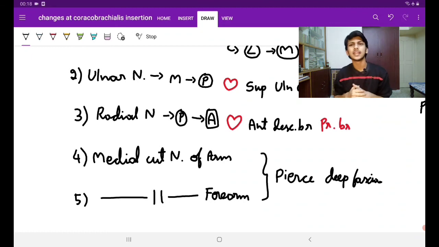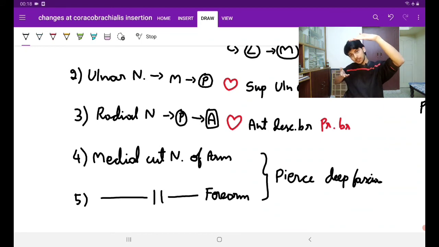But there is something else there now which is preventing it. That is the lateral intermuscular septa. So the radial nerve, which has to come from deep to superficial, if this is the lateral intermuscular septa, it is piercing it and coming in, and it is giving two beautiful branches there too. We'll study that soon, guys.